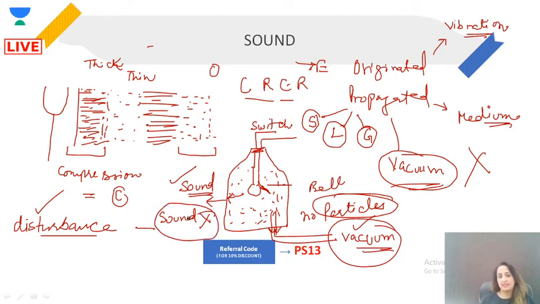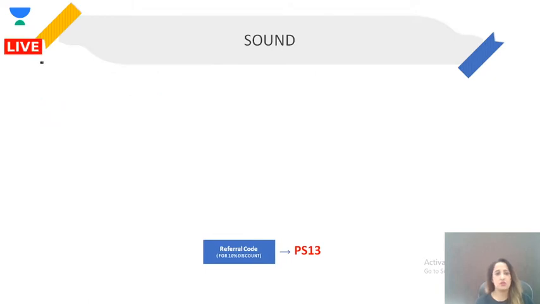So this little experiment tells us that sound needs a medium to travel, and it could be a solid medium, a liquid medium, or a gaseous medium. In vacuum, there is no propagation of sound. All right, so these were quick points about how sound travels, what sound is, how it originates, how it's propagated, and what it needs to propagate. We have discussed all these important points, but now let's discuss